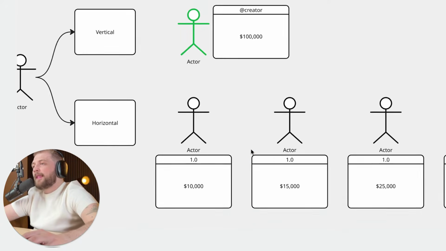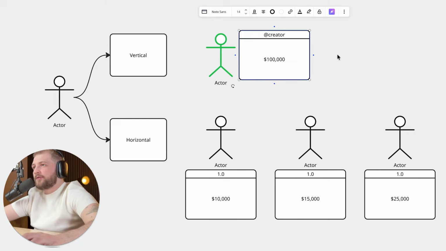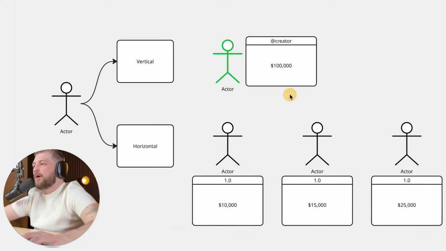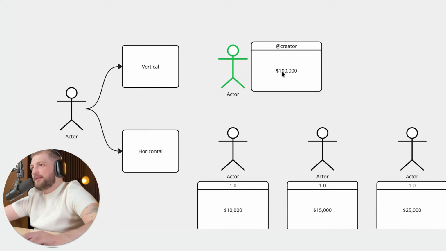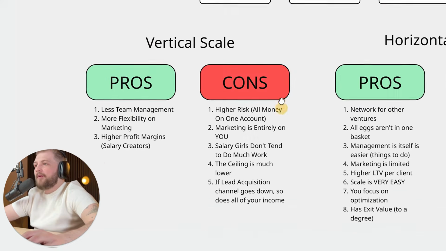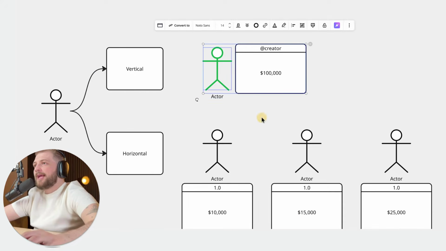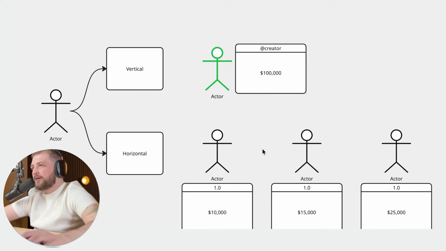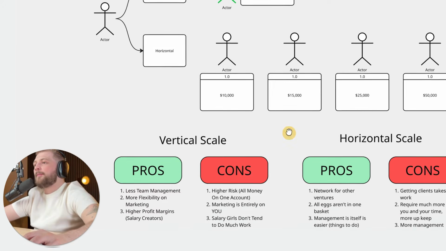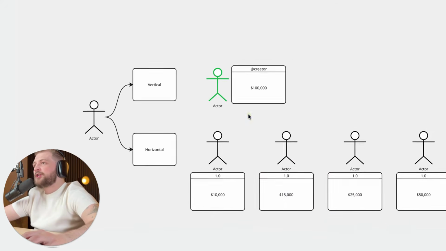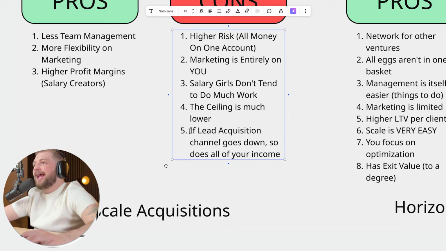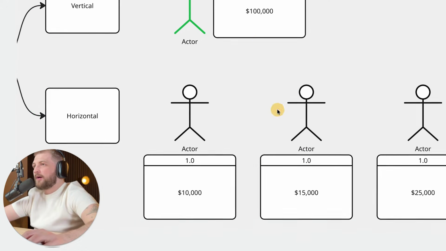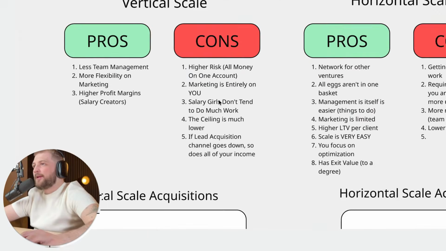And what this means is any marketing acquisition that you put in a vertical scale is typically going to have its own internal bottlenecks, issues, or it could just break here and there. This limits your ability to scale past a certain level. Now, in OFM, what I have found is $100,000 a month is about that limit that is achievable. Past the $100,000 a month mark, it starts to get a little bit more difficult and requires more than just 2x the resources, because you start to hit that ceiling, okay? Now, if lead acquisition channel goes down, so does all of your income. This kind of ties into your marketing risk, okay?